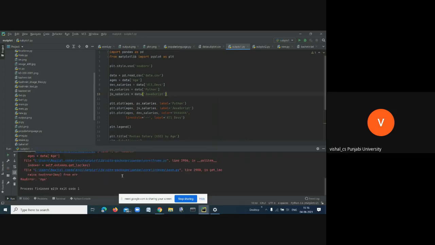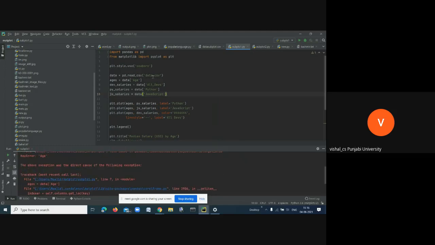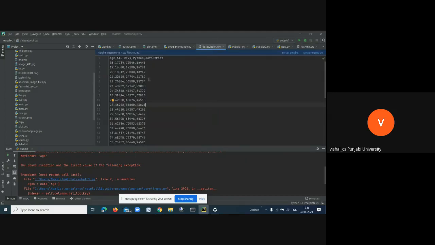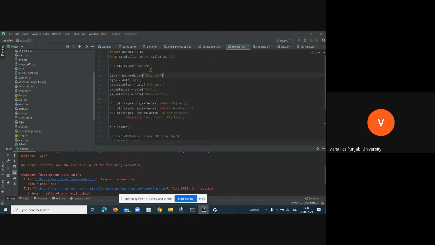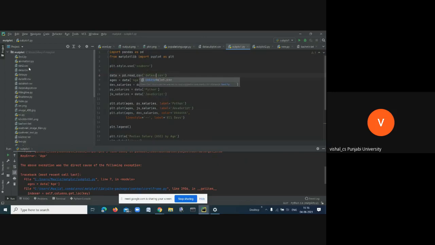Can anybody tell me what that error is? It is a file error, with the data subplot file. So you run this on your own system and see what happens.